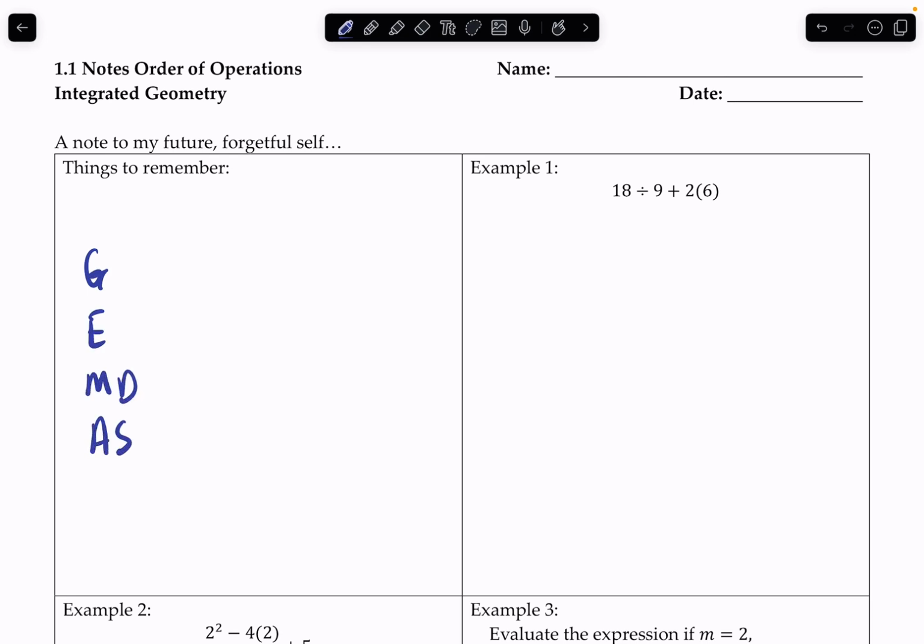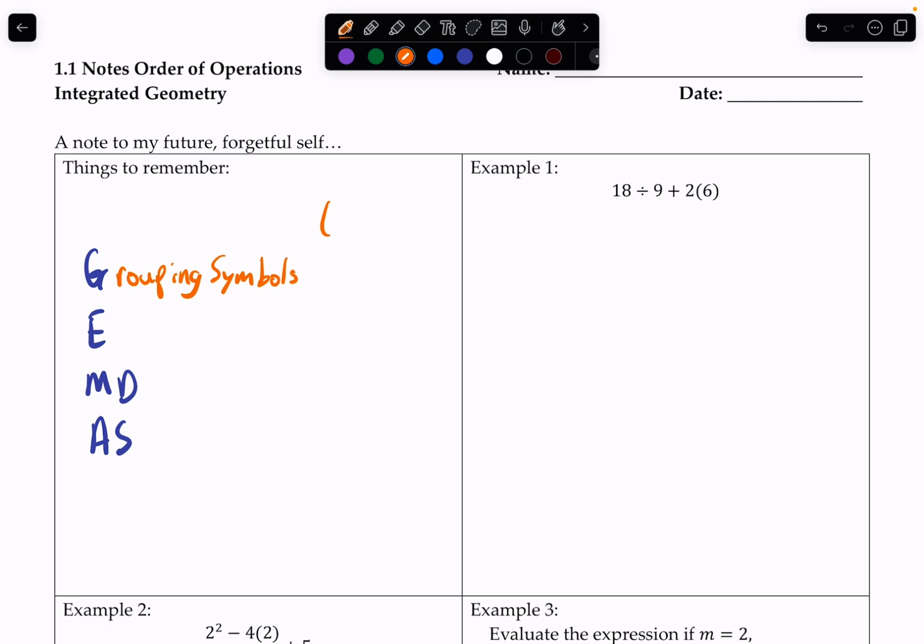Now, G for me stands for grouping symbols. And there's all sorts of grouping symbols other than parentheses. Grouping symbols like parentheses or brackets, but there might be some things inside of a square root symbol or absolute value bars, or maybe the top or bottom of a fraction bar, where you might need to do that math above or below that fraction bar inside those other types of grouping symbols before evaluating the next thing, and the next thing would be